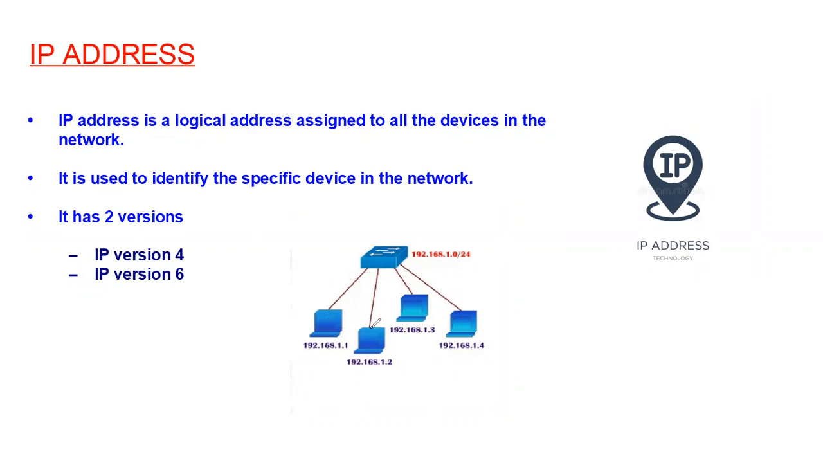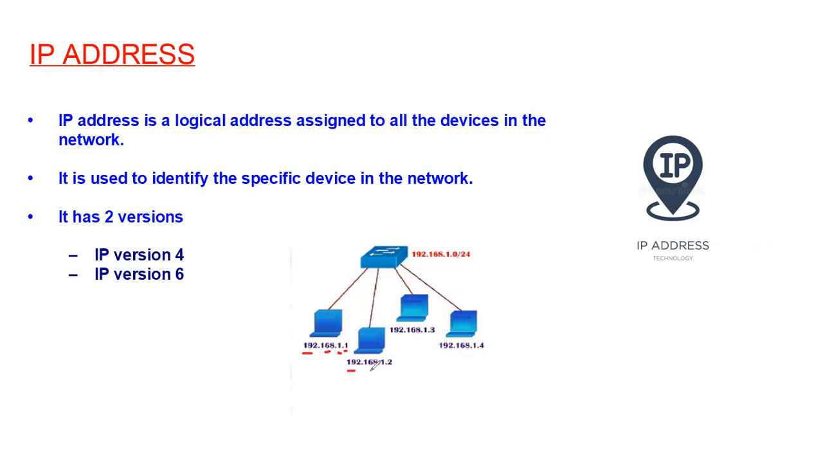It is like the mobile number. Without a mobile number, we cannot make communication. The same way, we need to assign IP addresses to all the devices in your network. In this example, we have connected 4 PCs to this switch and each PC has one IP address assigned, like